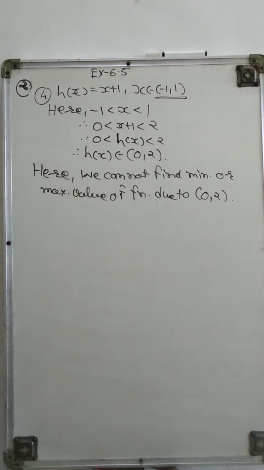Okay, so this is a good sum, because sometimes we have a misunderstanding that the minimum value is 0 and the maximum is 2, but here it is an open interval, therefore we cannot directly put 0 and 2 here. So the minimum value would be nearest to 0 and the maximum value nearest to 2. It is possible, but which value it is we cannot say directly. Therefore, the maximum or minimum value of this function is not obtained. Now we go for the next one.